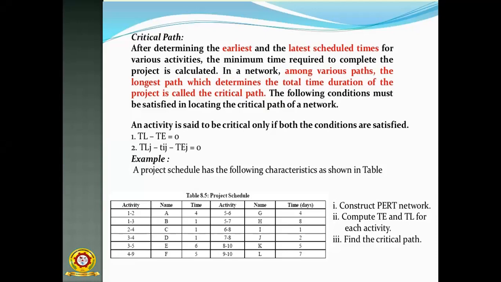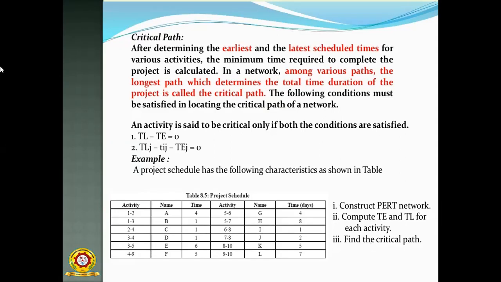Today, I am going to discuss critical path. Another example you have to see, and after that, we have to see the complete PERT diagram. First, how to calculate the critical path and TE and TL for each event. That means earliest time and latest time. How do we have to find them out? There are some formulas and procedures. So today, I will completely explain how we calculate the critical path.